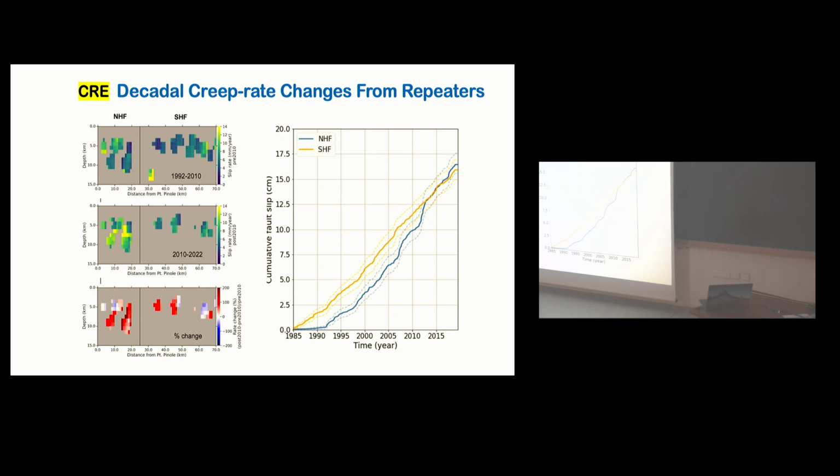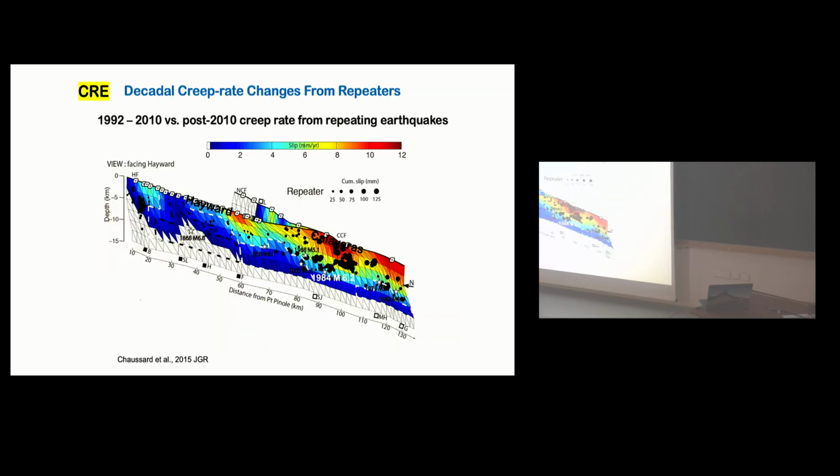Then we can actually make a cumulative slip time series. And you can see there's a subtle, but I think quite visible acceleration that we can make out in these data. Okay. So we have three different data types: InSAR data, surface creep measurements, and repeating earthquakes, completely independent, that